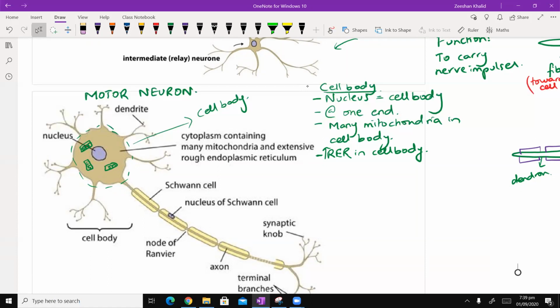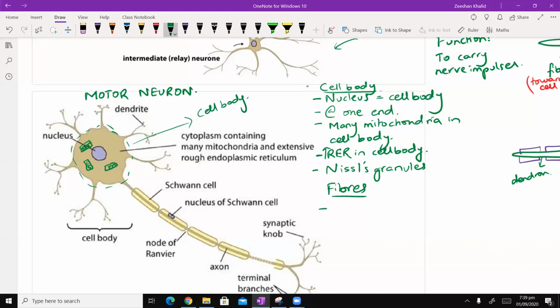Okay. And there is one more structure in the cell body, which we call Nissl's granules. These are granules. You really don't need to go into the functions of this. It's given in your mark scheme, which is why I'm mentioning it here. I'll talk about its function maybe later, but just take note of this. That is as far as the cell body is concerned. Now, let's look at the fiber part, okay? So let's talk about the fibers now.